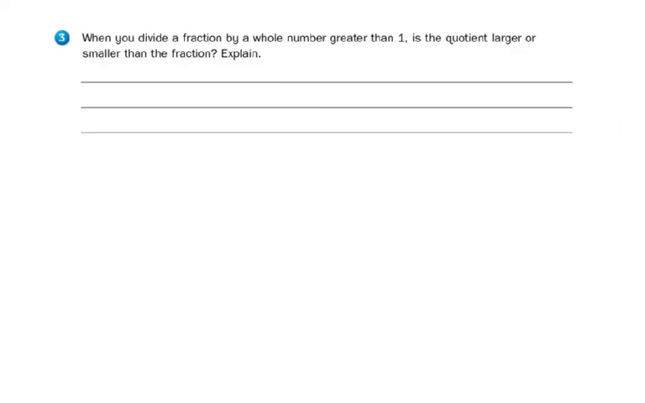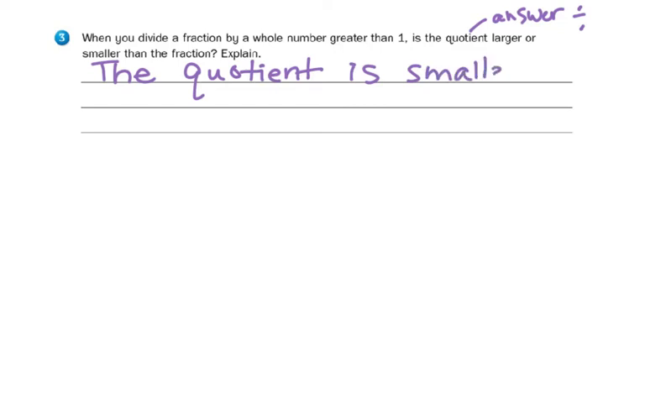When you divide a fraction by a whole number greater than 1, is the quotient, which is another word to say answer when you divide, larger or smaller than the fraction? If you need more time to write, remember just to pause. So the quotient, the answer, is smaller than the fraction